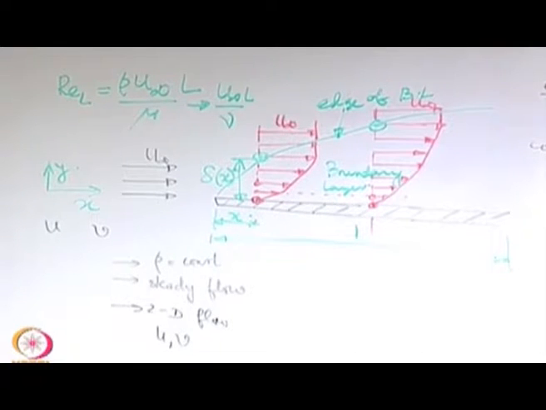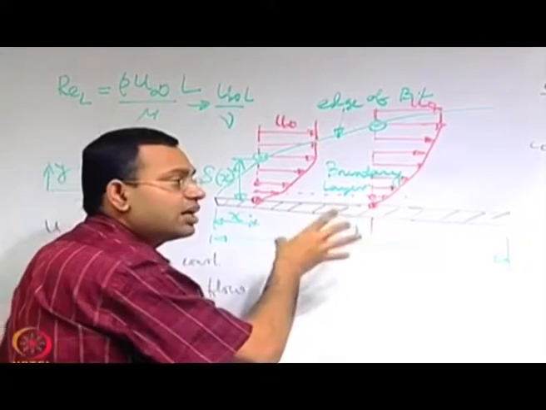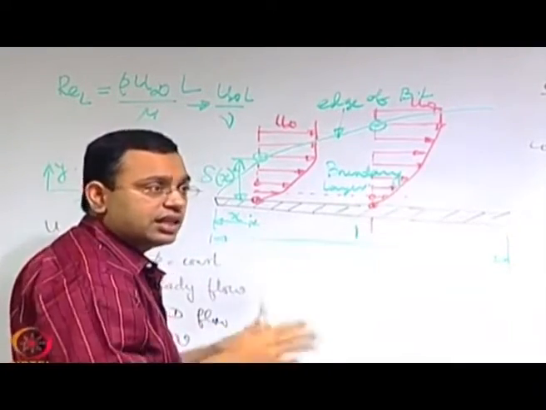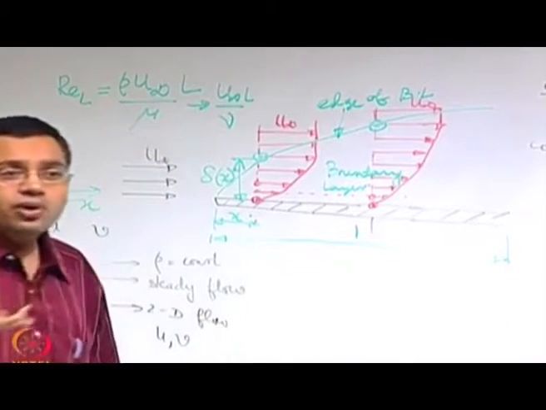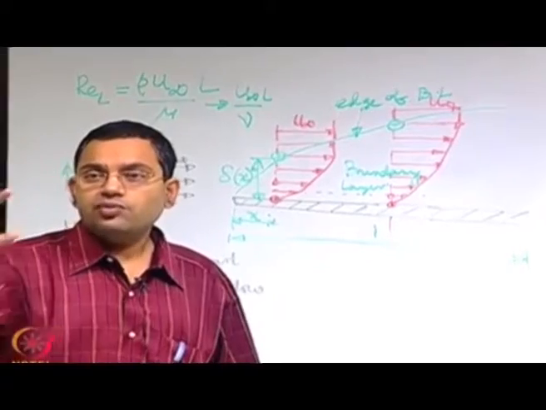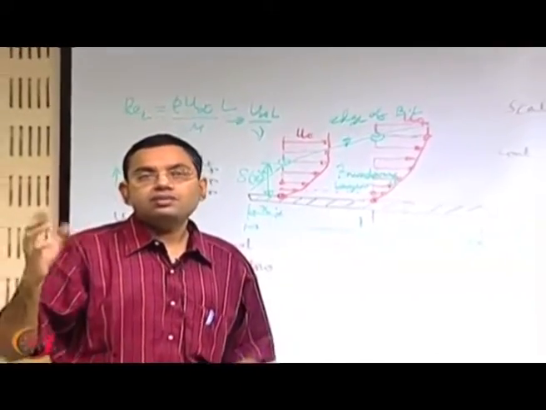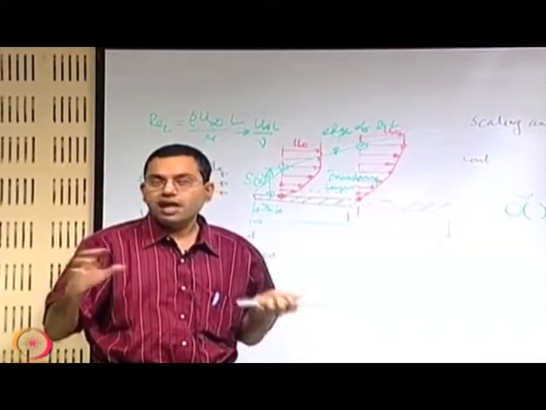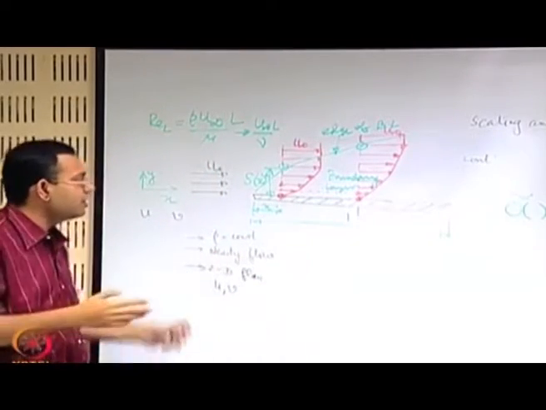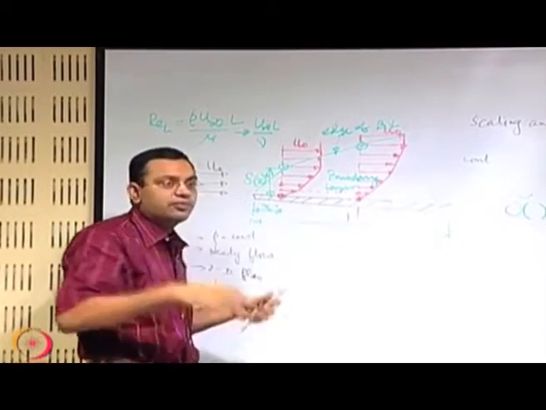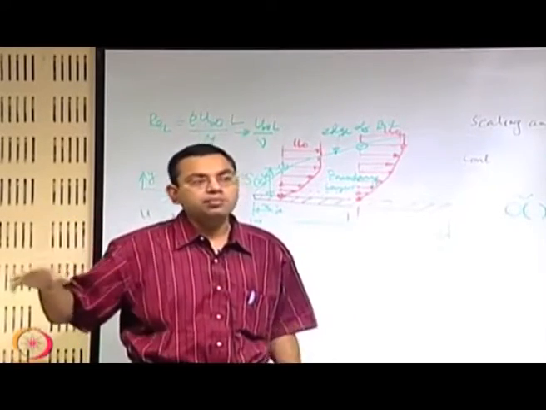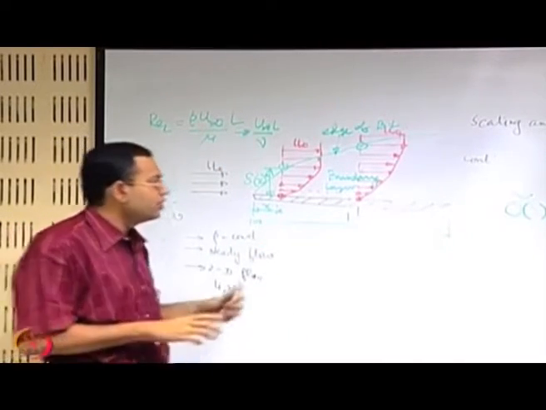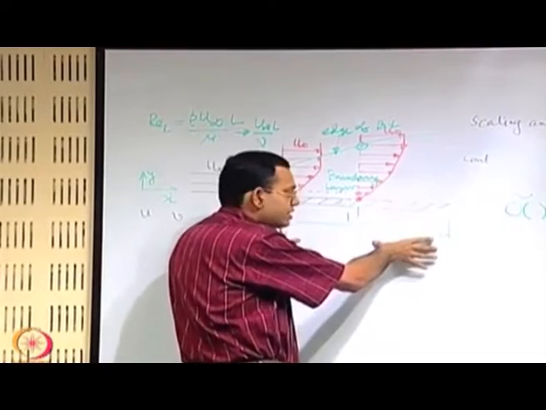Therefore, the characteristic length which dictates the problem is the length of the plate here, as an example. For internal flows like flow through pipes and channels, what we have seen is that, say, if you have a parallel plate channel, the distance between the plates or the depth is the important characteristic length scale, whereas here it is the axial distance. So, for a flow through a channel or a pipe, the axial length is not an important characteristic length, but here the axial length is an important characteristic length. So, the scale of x is the maximum x, and that is L.